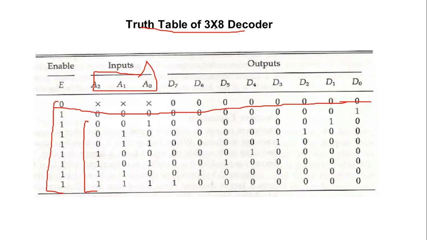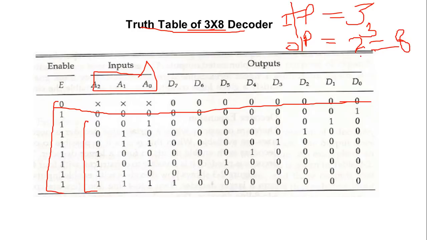Like 3 cross 8, how am I getting this 3 cross 8? First of all, I am saying the number of inputs is equal to 3. So what is the maximum number of outputs that I can get from here? It could be 2 raised to power 3, right? So 2 raised to power 3 is nothing but 8. That's why this combination has been there. That's why this is starting from D0 to D7. So how they are taking it is, for 0, 0, 0, they are saying this D0 is working. So diagonally the values are provided. Otherwise there is nothing like any hard and fast rule that you must always provide the values in this manner.